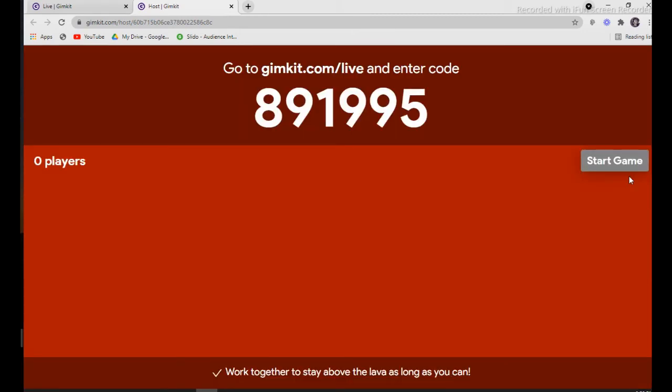Once it goes to the game page, you have to send one link. What is that link? Just copy this gimkit.com/live. Just copy it, press Control plus C, or right click and copy, and send it to the students. When they receive it,